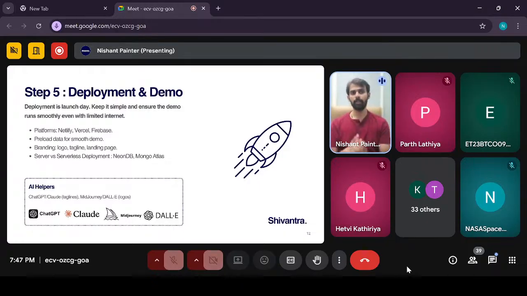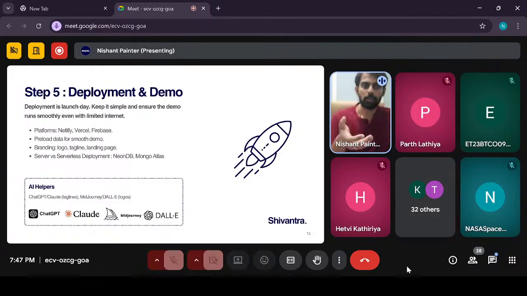Another thing that you need to focus on over here is the server and the serverless deployment. Now, what is the difference between server and serverless deployment? So the traditional way of deploying the application was, you imagine that you have a machine with 2 GB of RAM and some SSD. So you first install the database, you first install the language that you need to use and other applications, and then you start your application. This is one way of doing it.